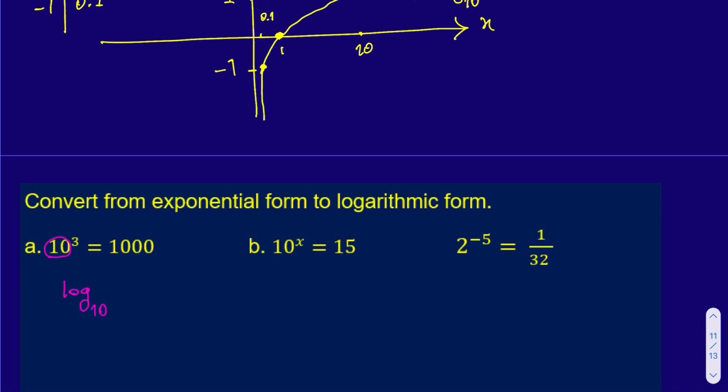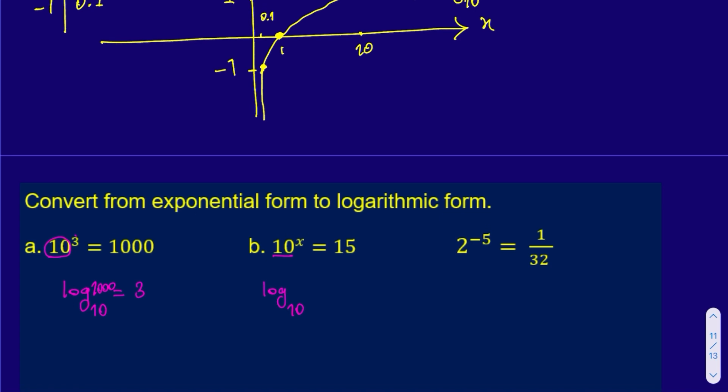So I already got rid of the 10, and then I know this 3, the index, will appear on the other side of the equation, and then this number which is on the other side of the equation will appear in front of the log. Okay, so this is the logarithmic form. Next one, again, what is the base here? 10. So I will write log base 10, and